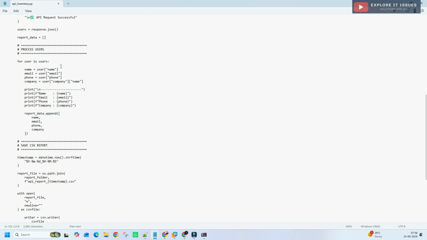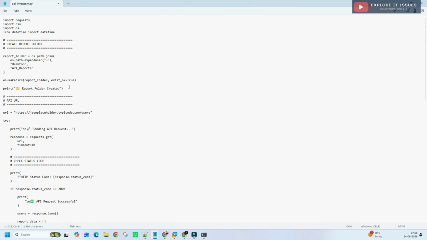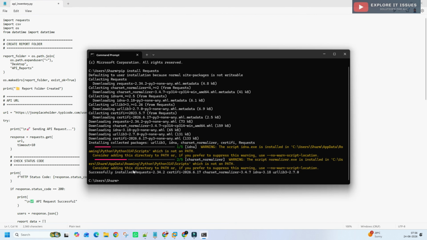So this is the code which I am using for the REST API, and I will explain it. The first step is import requests, the library I installed in the CMD, and another is import csv.